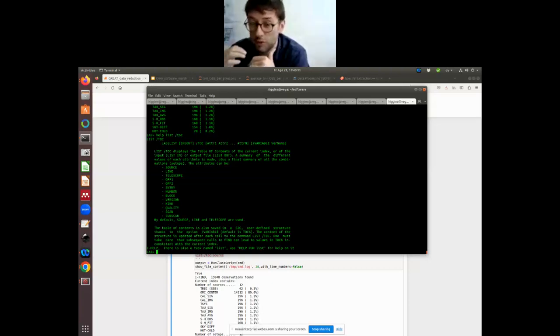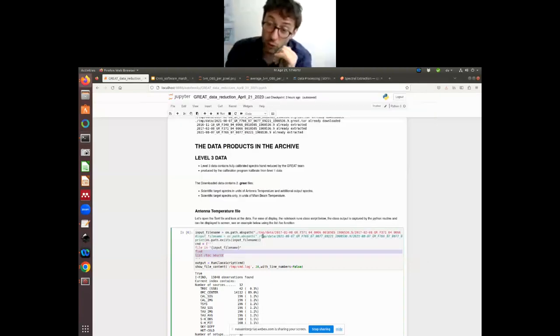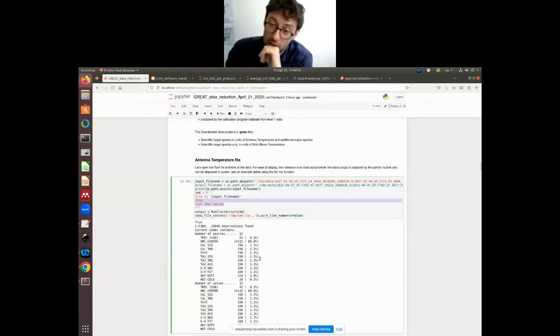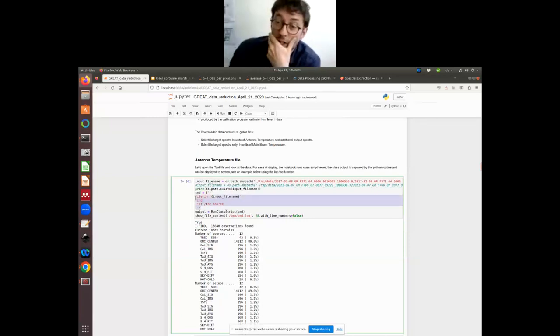But for this quick view of the data, you can use these command line tools. But as I said, I won't go back to this again. I'll just do it the whole way now in Python. So what I have here, I just have this file in, and then already you start to see the advantages